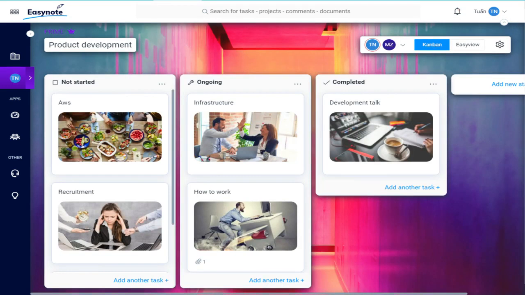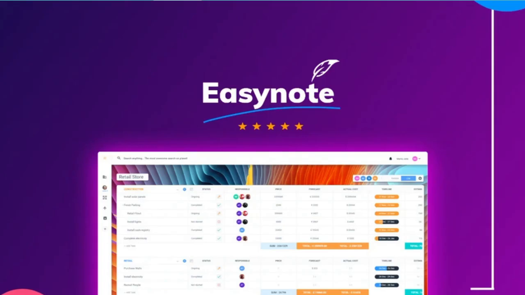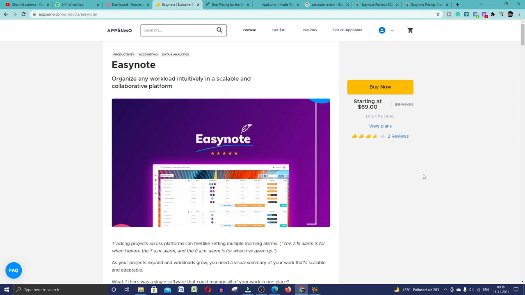And if you talk about viewing your work quickly with the dashboard inspired by the Kanban method, if you want to avoid stressing about organization, you need a tool designed to keep track of things. From simple to-do lists to large enterprise software, EasyNote is an adaptable and scalable platform that makes work stress-free. You can do collaborative work with ease, so you can get lifetime access to EasyNote today by buying from the AppSumo Marketplace.